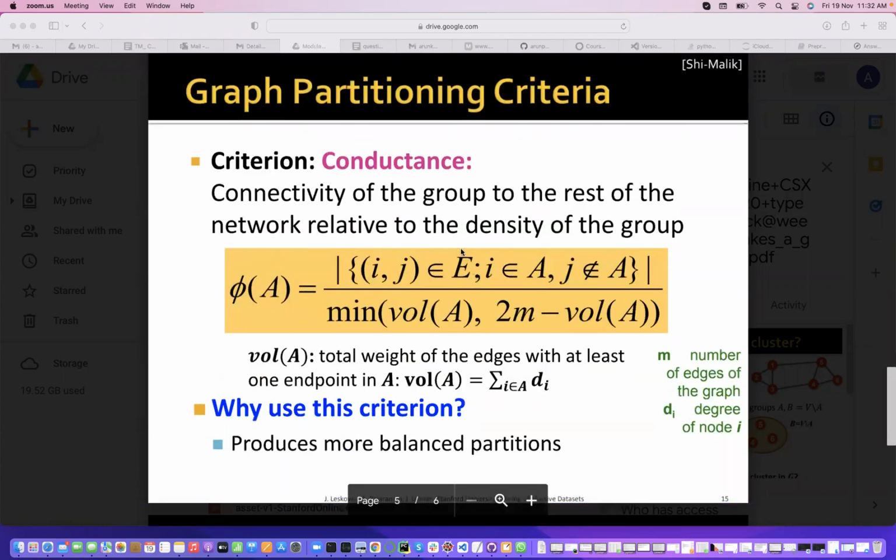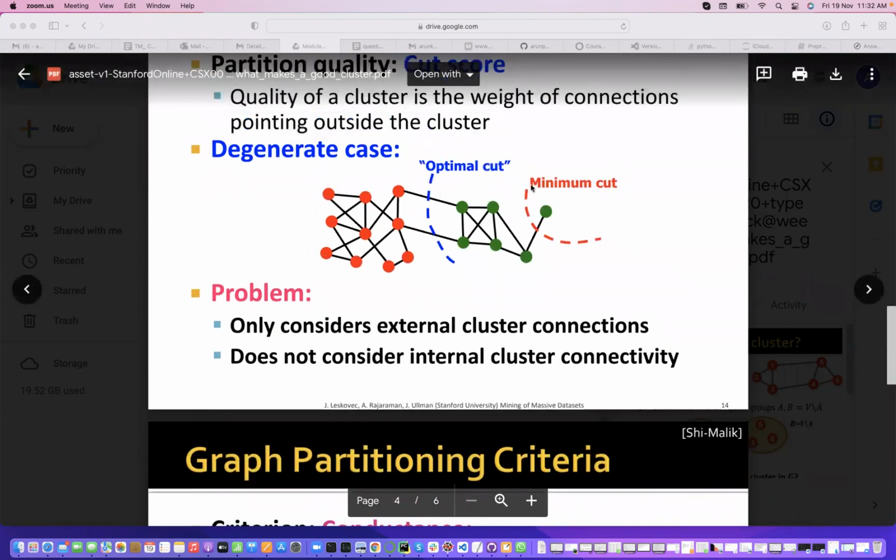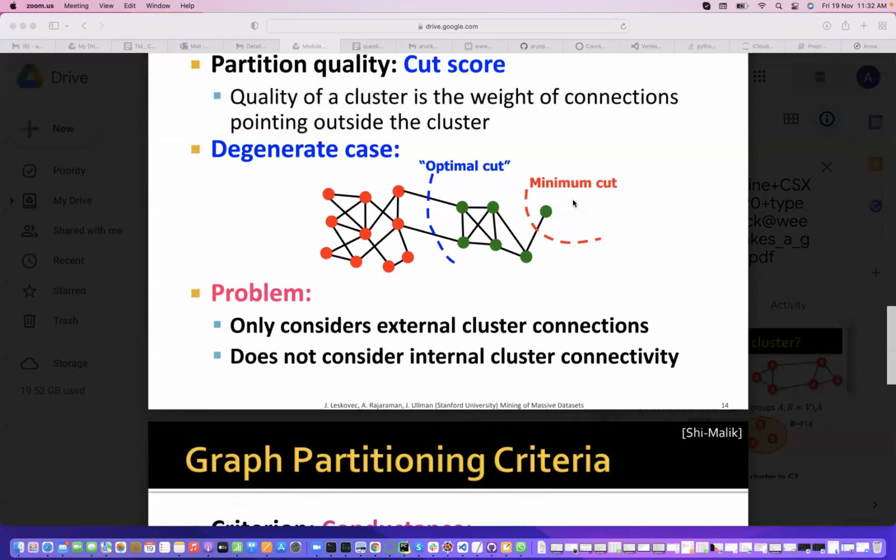So as a criterion, we will use conductance. Otherwise, it looks like the minimum cut is what you take, and that looks good because it has a cut score of only 1, right? If you divide only reds and greens, then your cut score is 2. But all of us know by looking at this graph that all greens have more internal connections among themselves than outside. And for red, external connections are also only 2. Because of our definition of cut score, we are not considering the inside. So we got a situation where we are not getting good clusters.